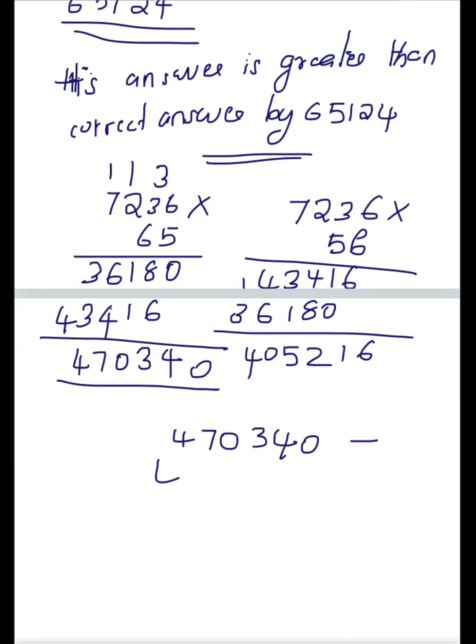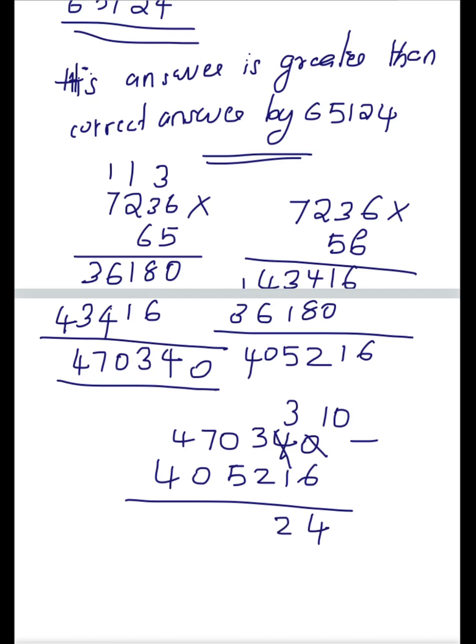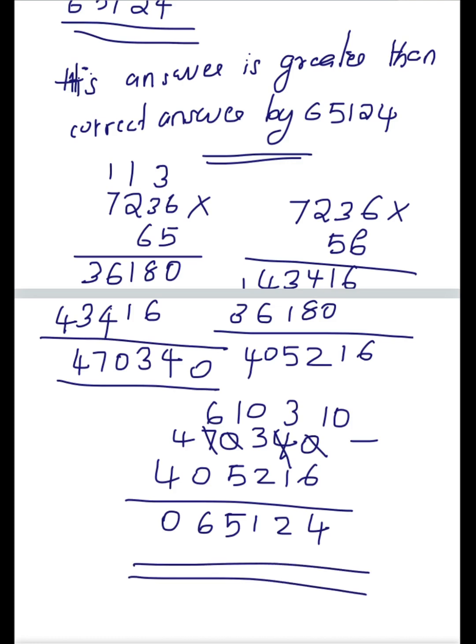470340 minus 405216. What will be the answer? 10 minus 0 minus 6 not possible, so we will take 1 from here. So 10 minus 6 is 4. 3 minus 1 is 2. 3 minus 2 is 1. 0 minus 5 not possible. So we will take 1. So 10 minus 5 is 5. 6, 0. Okay, so here also by doing this straight method you got the same answer